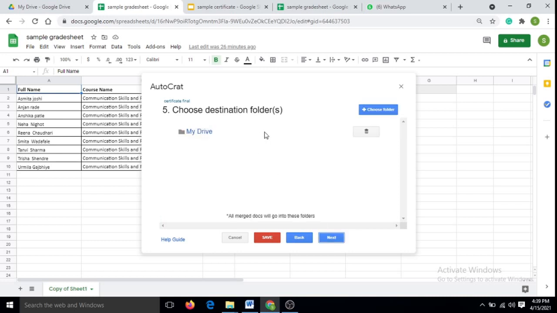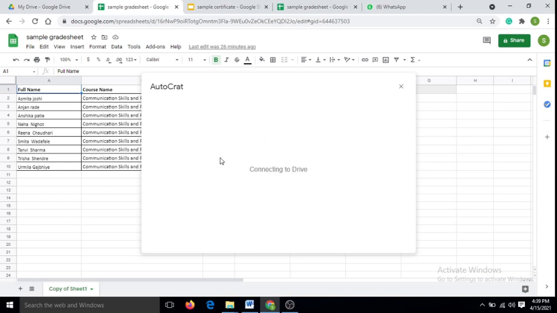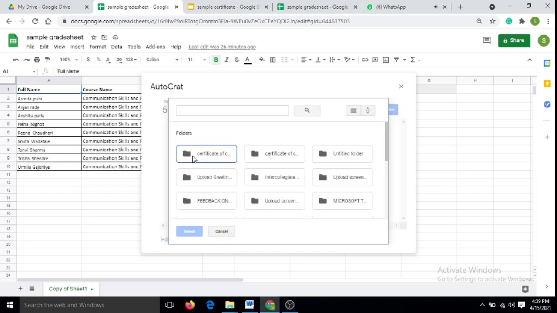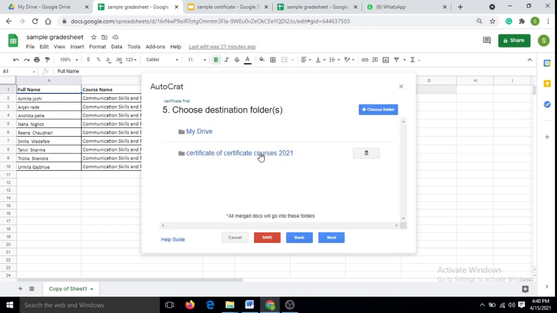You have to choose the destination folder, and because we have prepared this folder named certificate courses of certificate 2021, go select that and press continue. Fine, then go to next. You can skip this particular step, go to next.